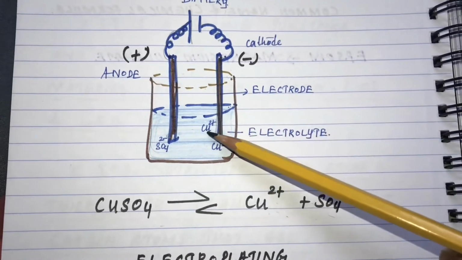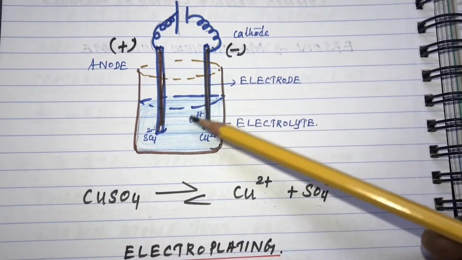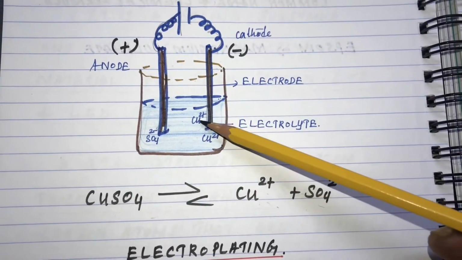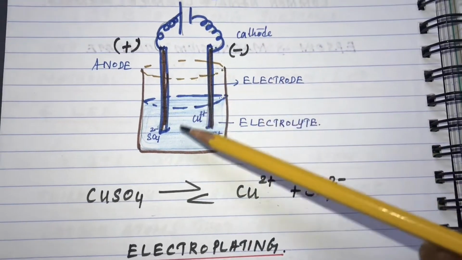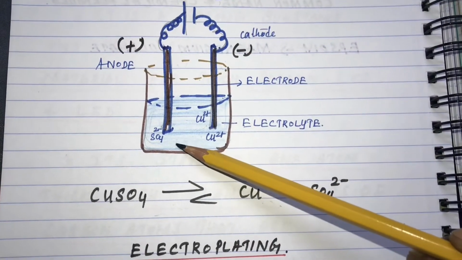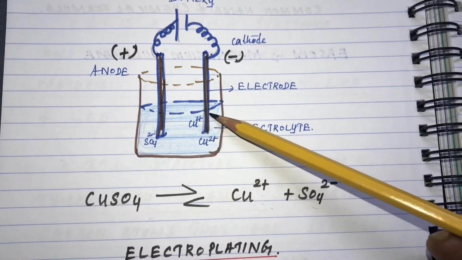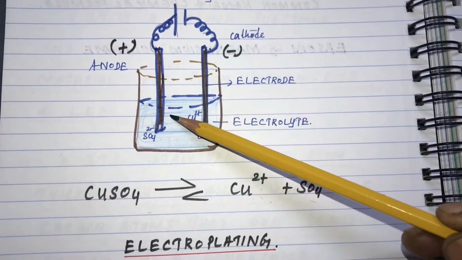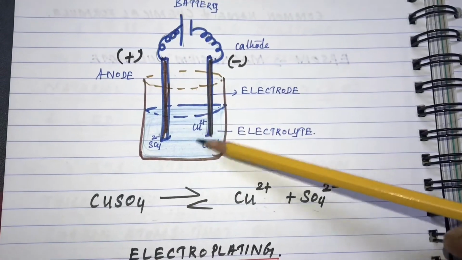Here the formed ions, the positive ion moves to the negative plate and the negative ion moves to the positive plate. The positive ions are called cations, moving to the cathode. Negative ions are called anions, moving to the anode. The movement of oppositely charged ions to the respective rods makes the electric current pass through the solution,